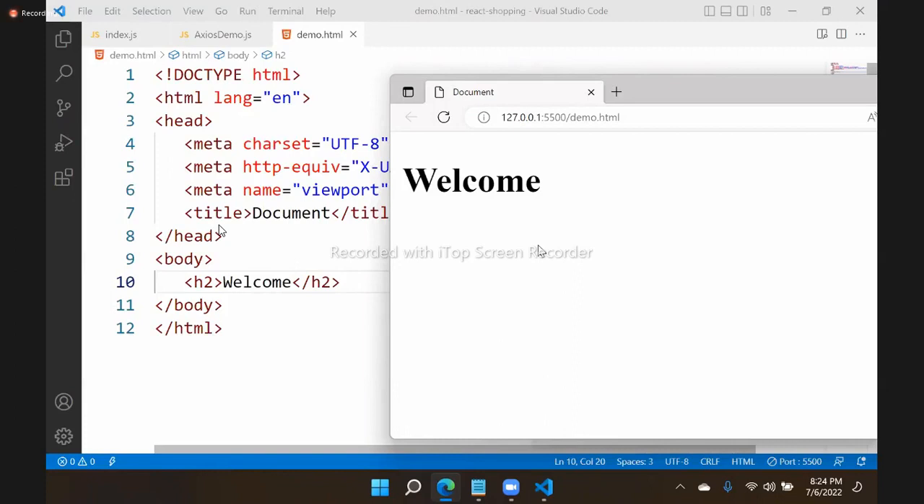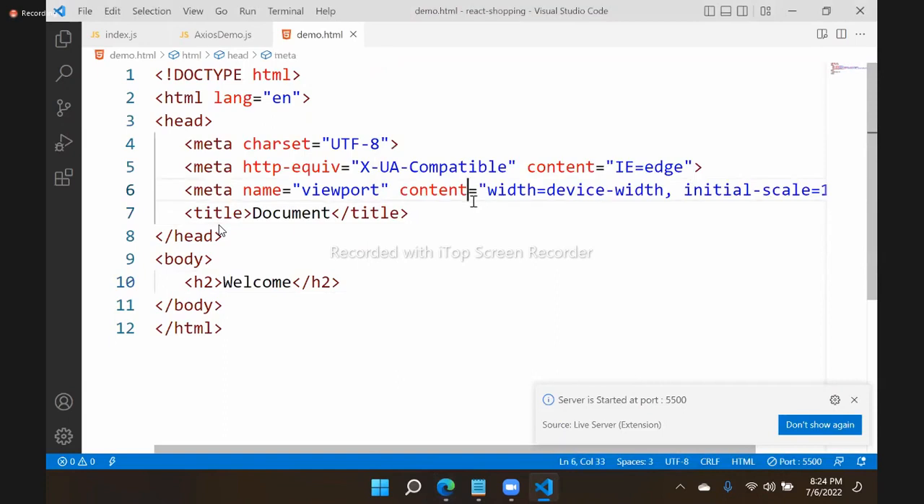Because suppose it is related to some stock market or news, or some cricket match is going on, every over, every ball by ball new details should update into the page, right? How can you reload a page every time? Simple. You can write meta,